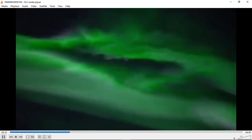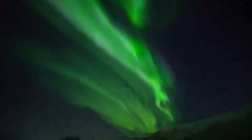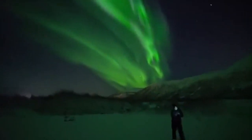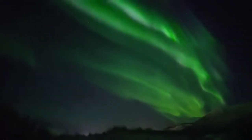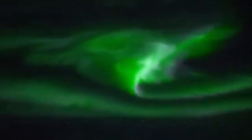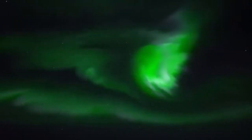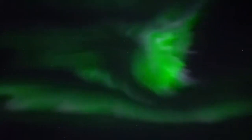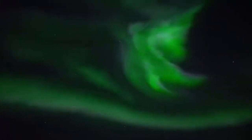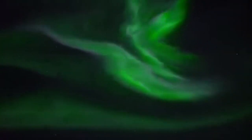Begins with a T. Is it Tromsø, Norway? I'm going to go ahead and let this loop through so you guys can check this out. I mean, this is like something out of a freaking space odyssey. This was right after we had that little bit of a geomagnetic storm. And to be standing on the ground, looking up at this, just literally right above your head, is just absolutely